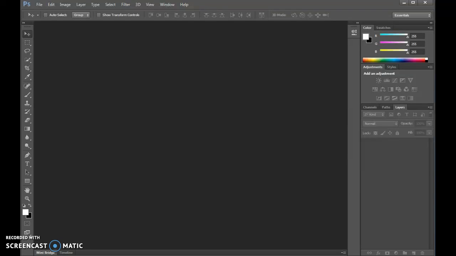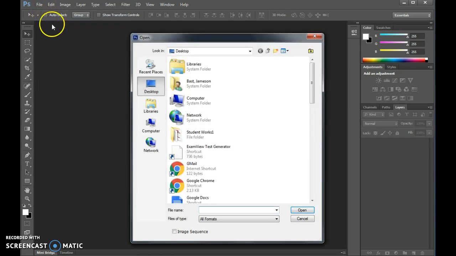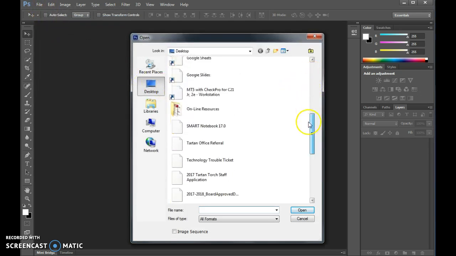Today we're going to go through a few basics on how to make some adjustments to a picture. So first you want to open up your picture in Photoshop, and you can do that either by dragging the picture directly into the large open area in Photoshop, or you can go up to File, Open, find your image wherever you've saved it,